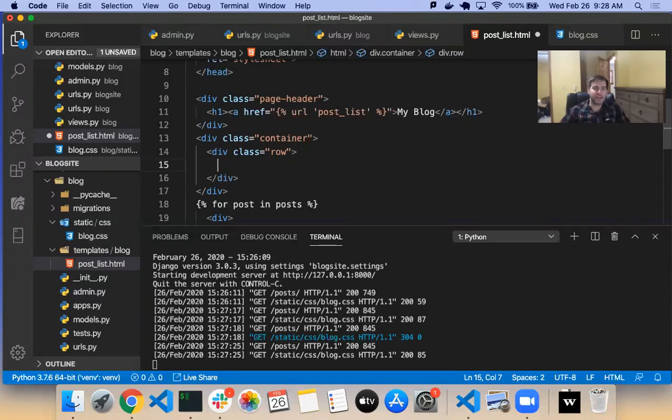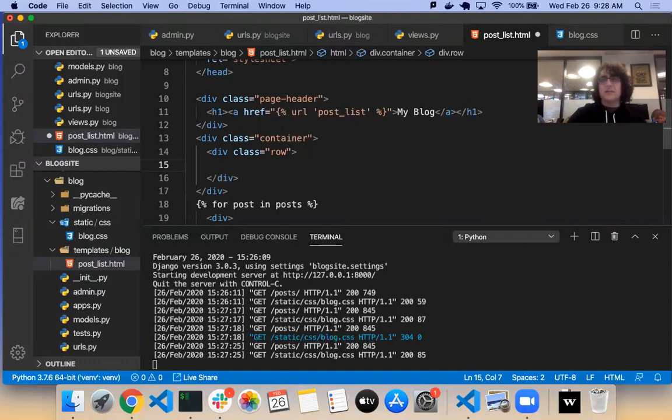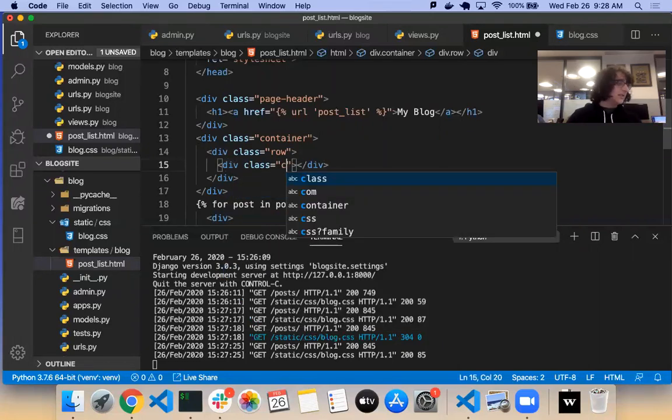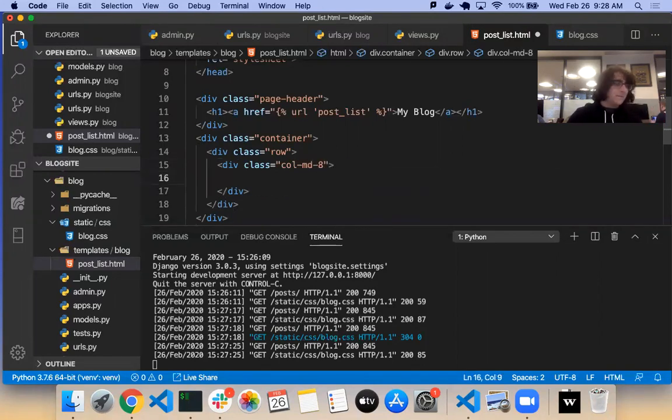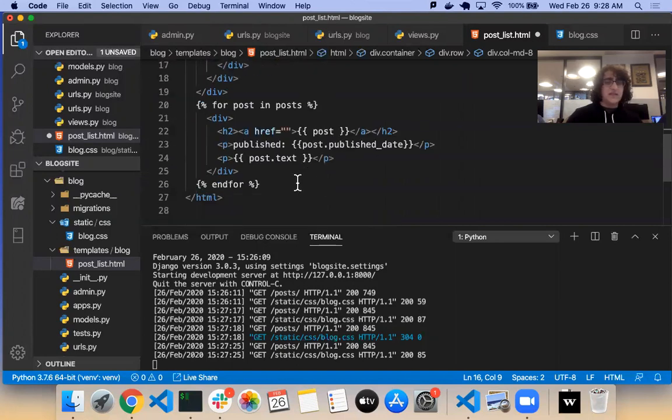Now, are all these class names specific to Bootstrap? Yes, they are. So in order to use Bootstrap's grid system, you need to have a div called container, and inside that, you have a div called row, at least one. And then inside that, I can set up columns by using a class called col, and then I have options for small, medium, and large, and how wide it's going to be. I'm going to do col-md-8. And inside of that, that's where I'm going to actually start moving this stuff.